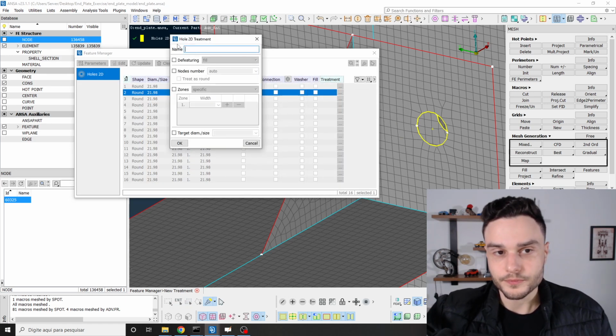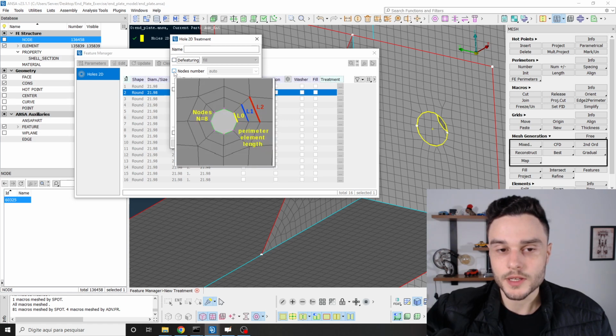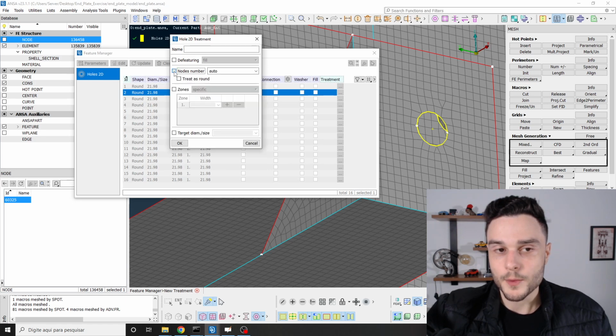For example, if I click on this option, the featuring, you see that we have these options here, right? If I click on fill, then the treatment is going to fill this hole with elements. I don't want this, so let's deactivate the featuring. And then nodes number is related to how many nodes we're going to have around this hole. I'm going to activate it,